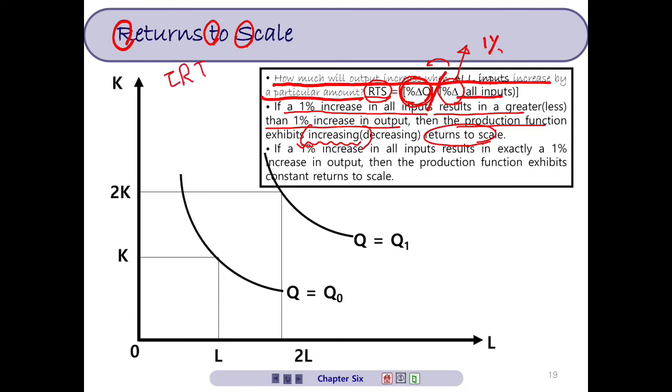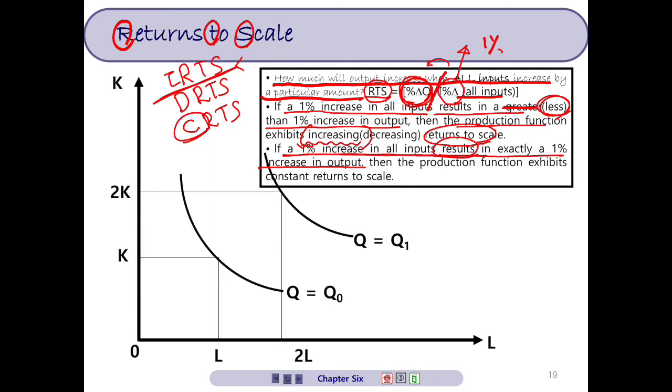The other case, a 1% increase in all inputs results in less than a 1% increase in output. We call that decreasing returns to scale. In between, the marginal point: every 1% increase in input is matched with exactly a 1% increase in output. Then we call that constant returns to scale,